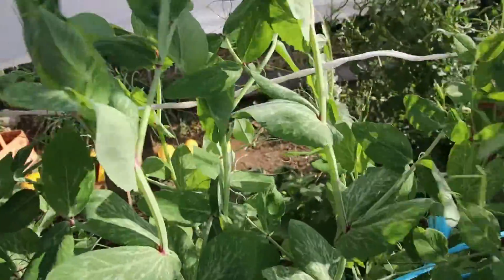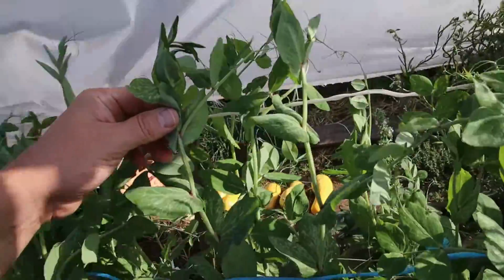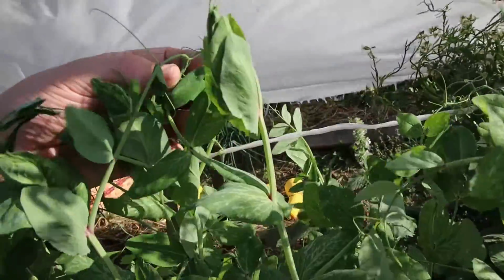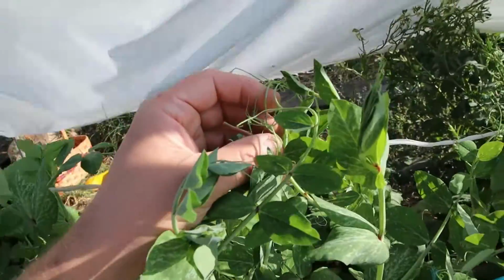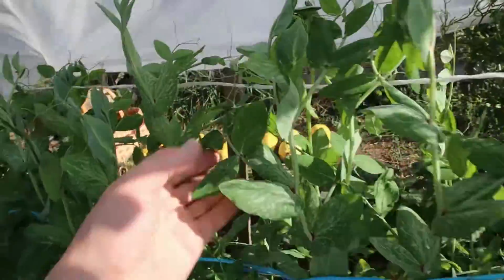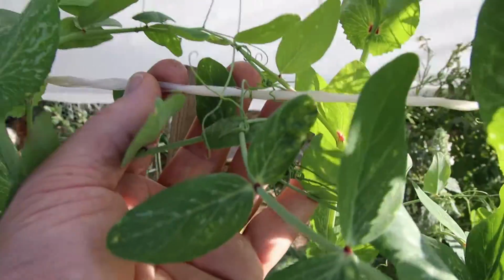There's actually time lapses that I've watched of vines, you know, and they'll sit there and twirl around and round until they catch on to something. These little tendrils, as you can see, just get ensnared, you know, even within themselves. And once they find something, they just curl around it. As you can see, that's what's happening there on the twine. It's pretty amazing